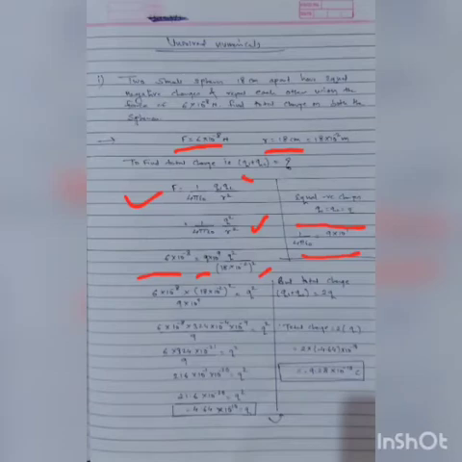Rearranging that equation, the denominator goes up, therefore we got this equation. Now 18 square is 324, and 10 raised to minus 2 squared is 10 raised to minus 4. Denominator 10 raised to 9 goes up, becomes 10 raised to minus 9 and divided by 9. So we got this term. 10 raised to minus 8, 10 raised to minus 4 and 10 raised to minus 9 becomes 10 raised to minus 21, and 6 into 324 divided by 9. So if we multiply 6 into 324 by 9, we get this value, 216 into 10 raised to minus 21.